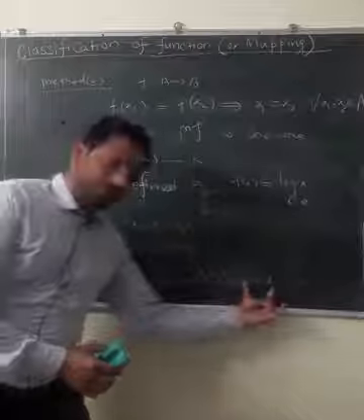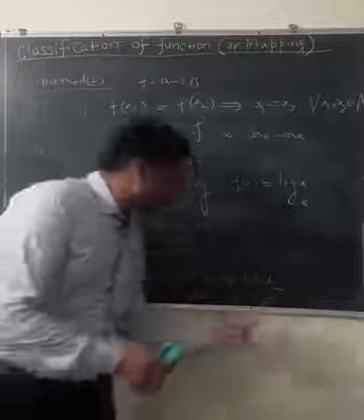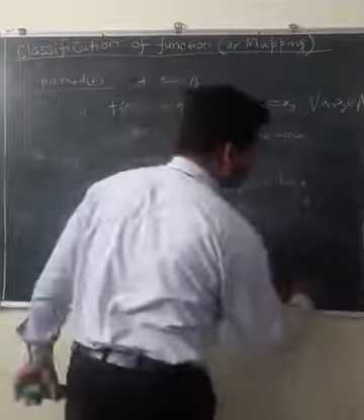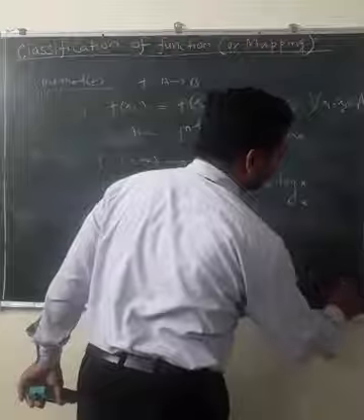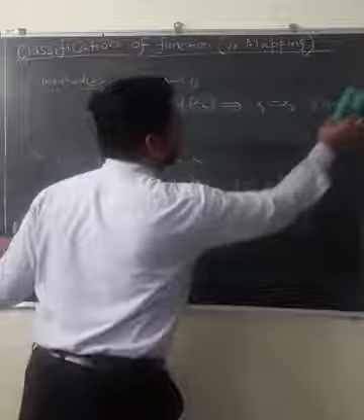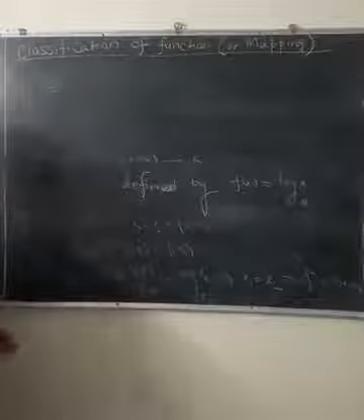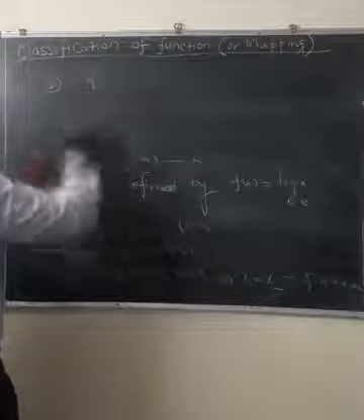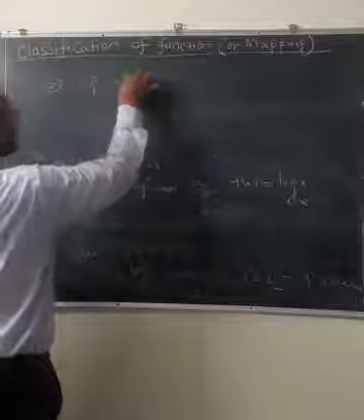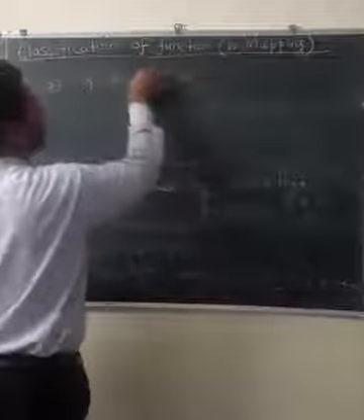It comes like this. f(x1) is equal to f(x2) implies x1 equals x2. Hence, the function is 1, 1. Second example. If f is from R minus 5